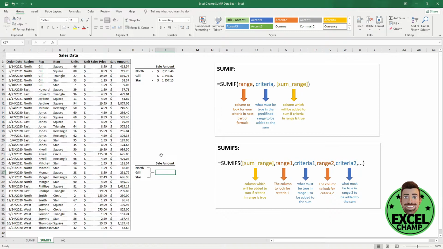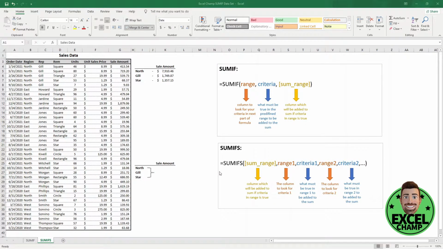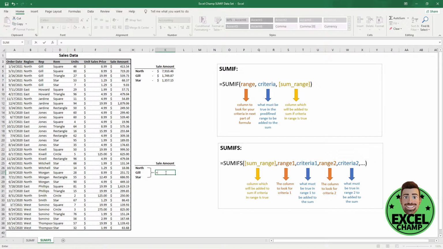So in this example here, instead of finding out individually how many we sold in the North, how many were sold by Gil, and how many stars were sold. So to complete our SUMIFs, we're going to type in equals SUMIFs with an S. And then we're going to start with our sum range this time. It's going to be first as opposed to last in the SUMIF. So we're going to highlight the range we want to sum, which is our sale amount, comma,